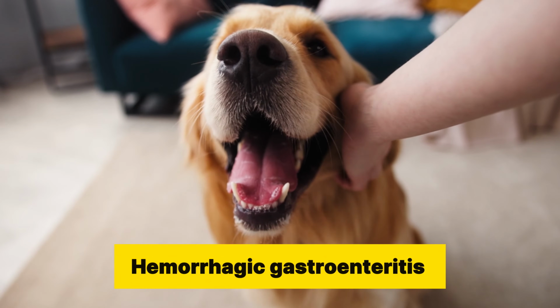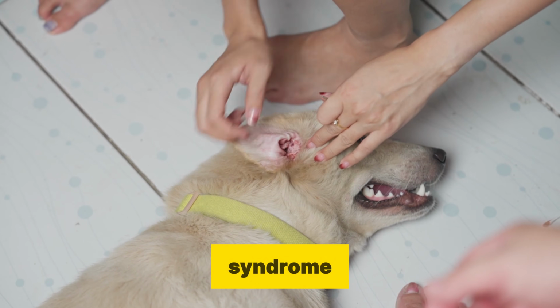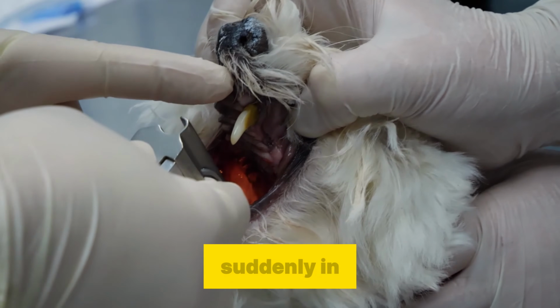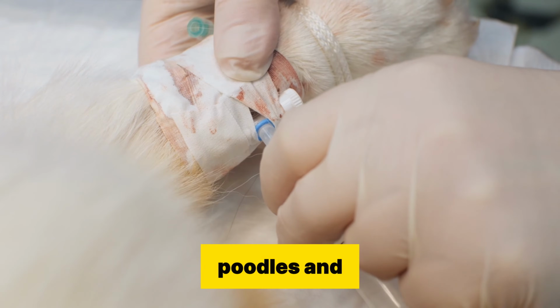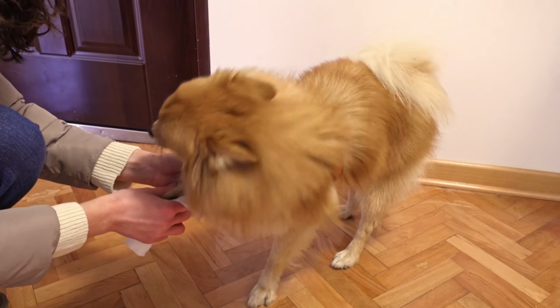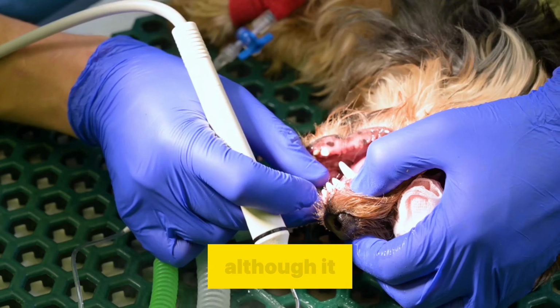Hemorrhagic gastroenteritis, HGE, also known as Acute Hemorrhagic Diarrhea Syndrome, AHDS, is a potentially life-threatening disease that strikes suddenly in often otherwise healthy dogs. It mainly affects toy breeds, like miniature poodles and Yorkshire Terriers, although it can strike any dog at any time. We'll cover everything you need to know about treating HGE at home, although it is important